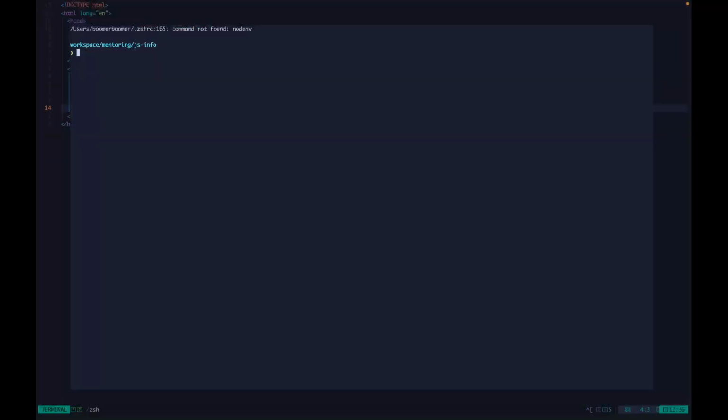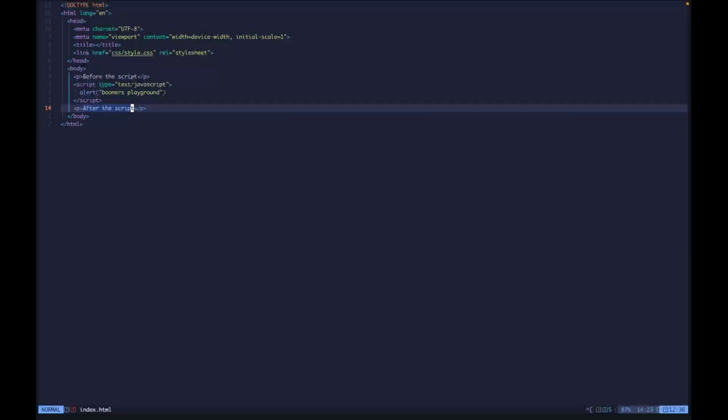But like I was saying, what you'll normally do is, most people will make a JS folder, and they'll also have a CSS folder. And so what you'll do is you'll create your own JavaScript file, because imagine if we had 100 lines of HTML and then 100 lines of JavaScript inside this script tag. This file would get out of hand really, really quick. So what you see almost everywhere is